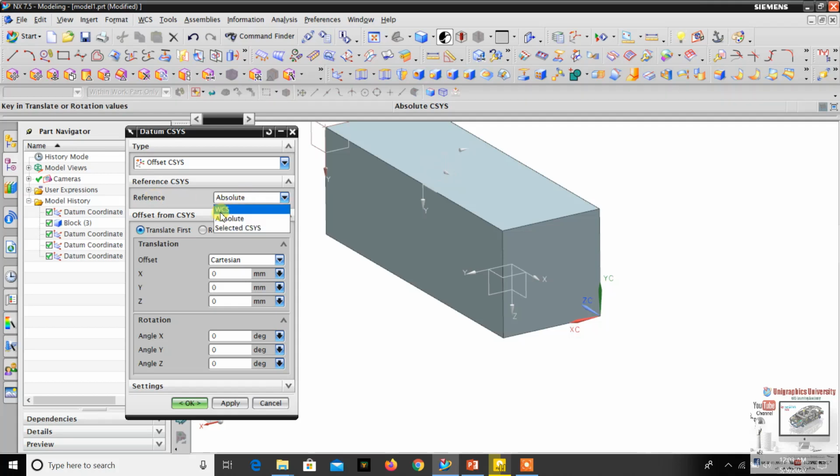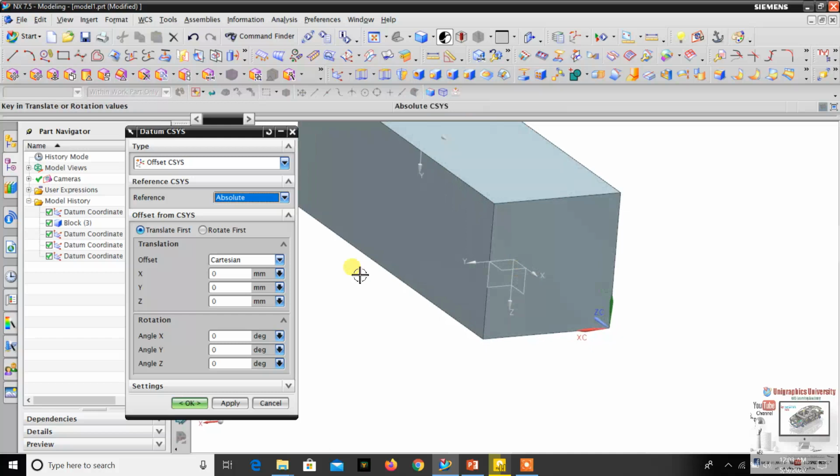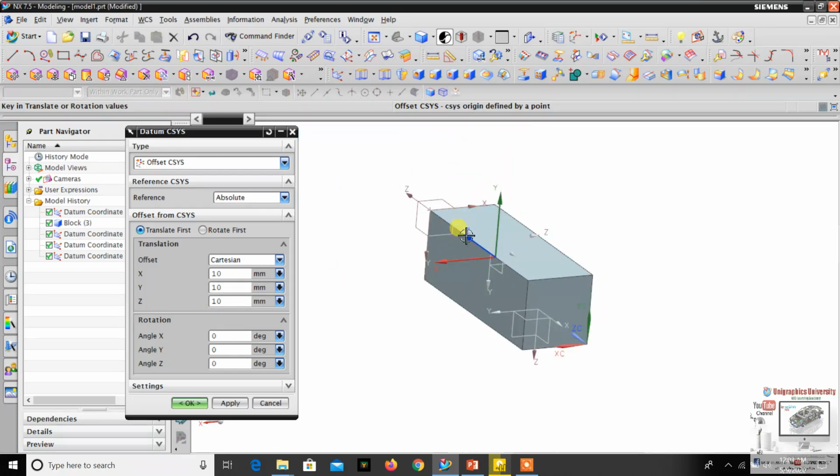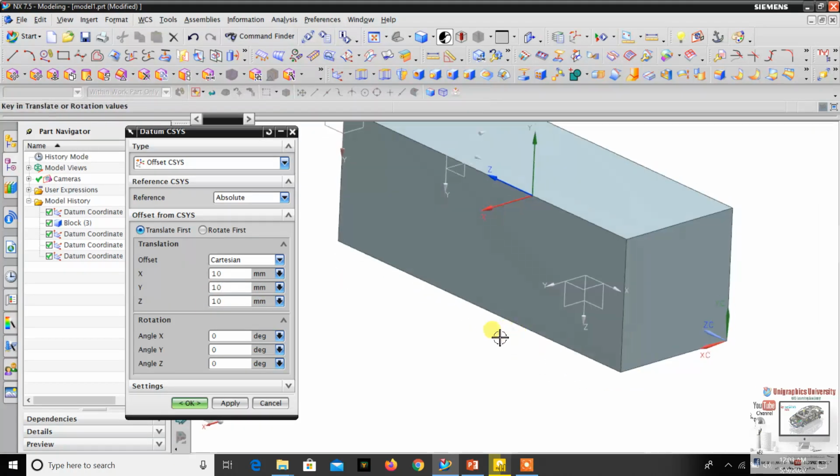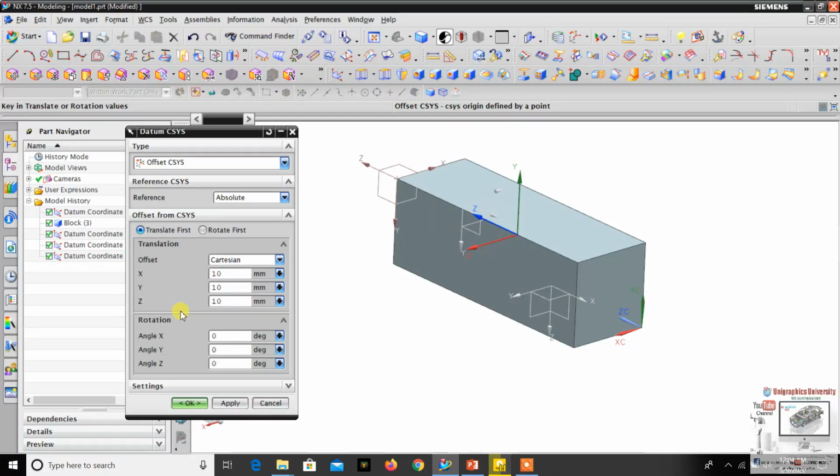Before, I select the reference, I select absolute 0, 0 origin. Then I select, I want 10 mm, then y direction I want 10 mm, z direction I want 10 mm. So the new datum coordinate system will be created as per the x, y, z values we gave.